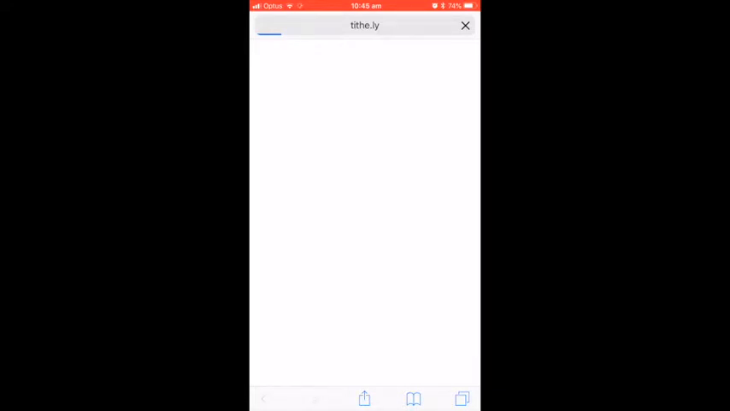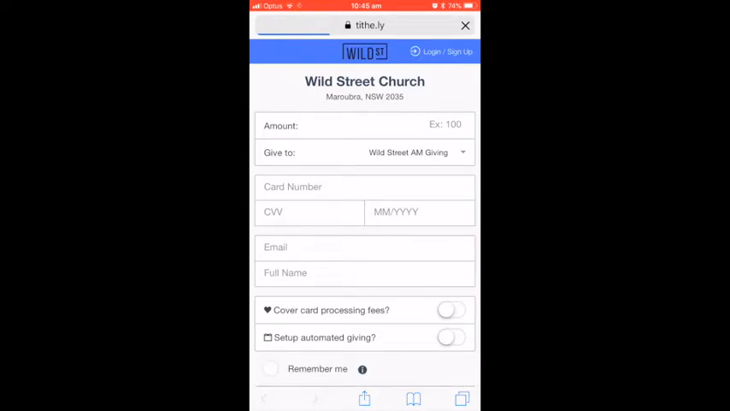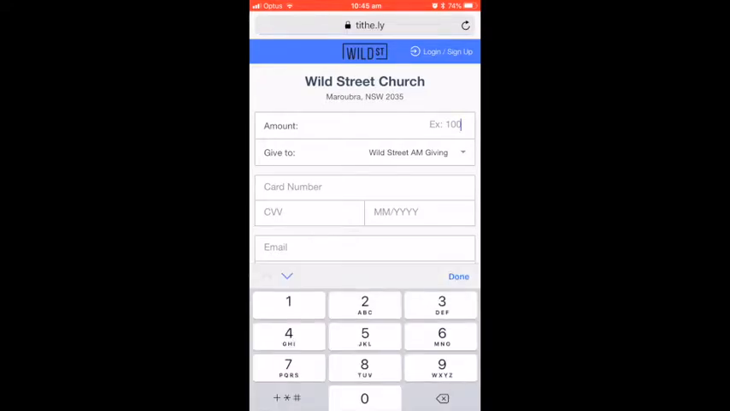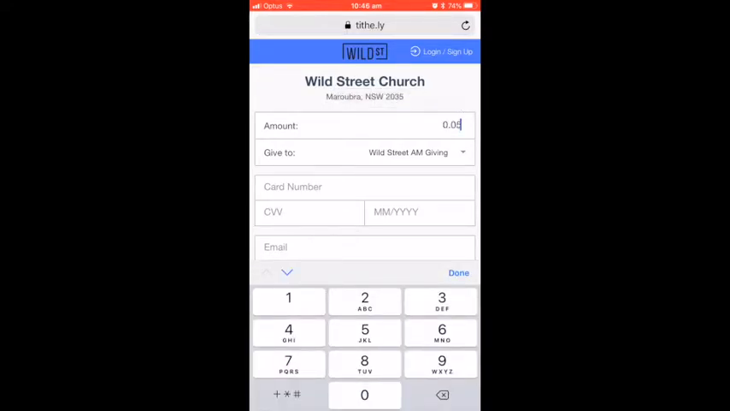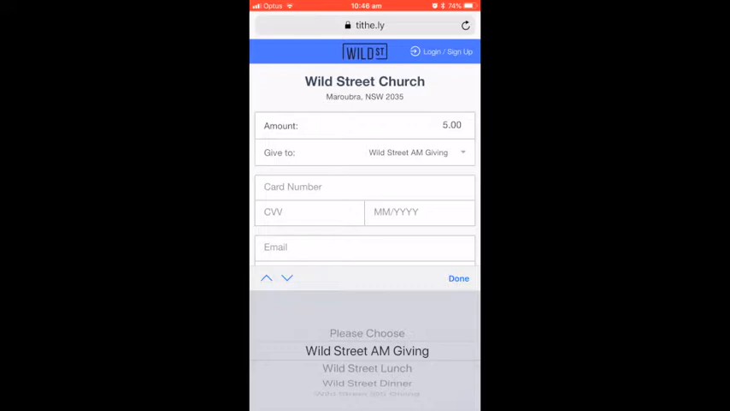And so if you click on the give button, it opens up a new browser window, a secure form where you can give a donation to Wild Street Church. So it comes up saying Wild Street Church. You click in the amount you want to give. So whether you want to give, let's say we want to give $5, not 50. Wild Street AM giving,